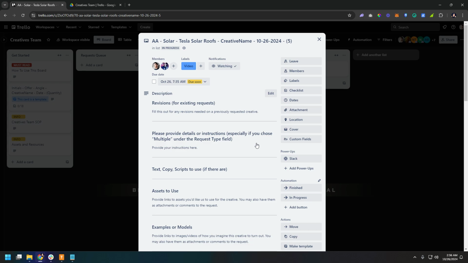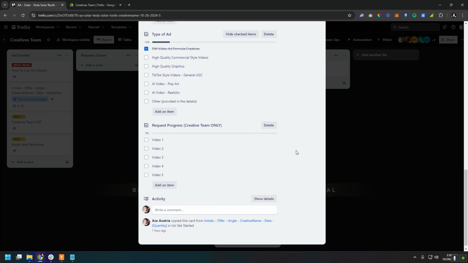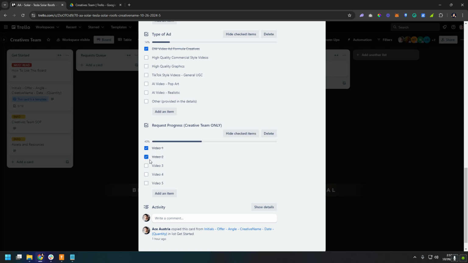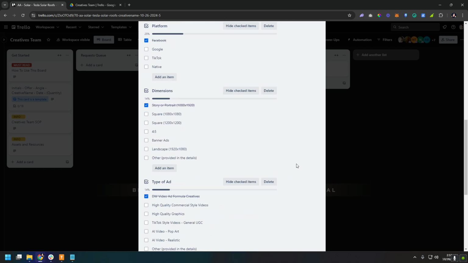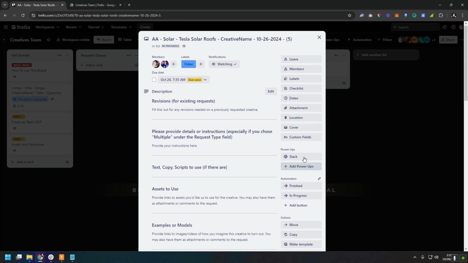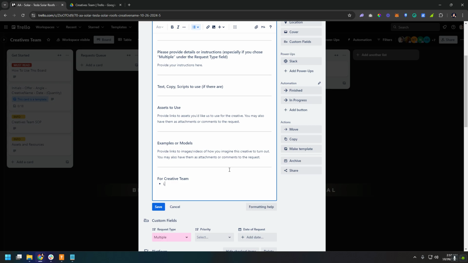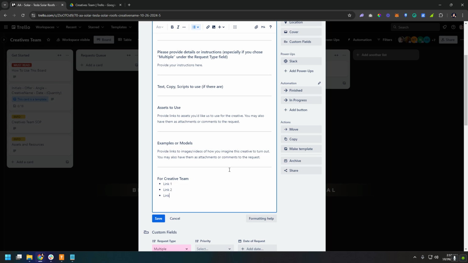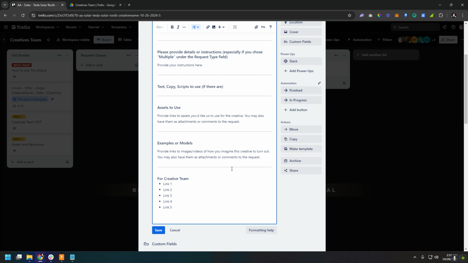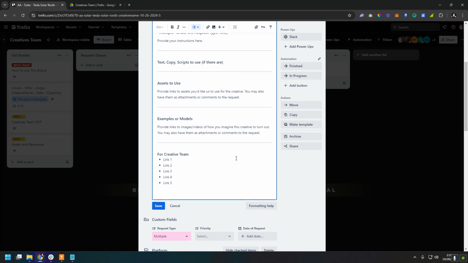Now let's pretend that I've already completed this request. So as the creatives team member, I would check these boxes here, and this would also automatically notify you guys, the media buyers, on Slack once we check on these items. Next thing that I would do is to add the links here. Like we've mentioned before, we'll be uploading all the finished products to the creatives repository, specifically to your corresponding folder. So we'll save that,